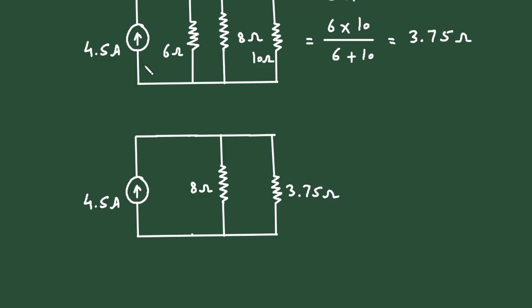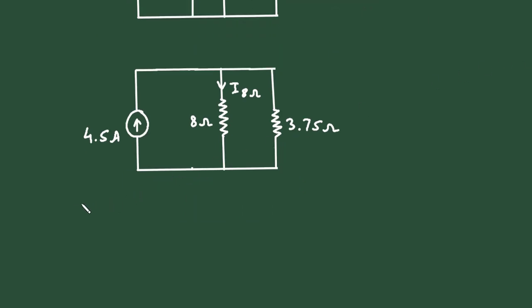Now we can easily find the current through this 8 ohm by using current division rule. Let's say this current is I 8 ohm. So by using current division rule,